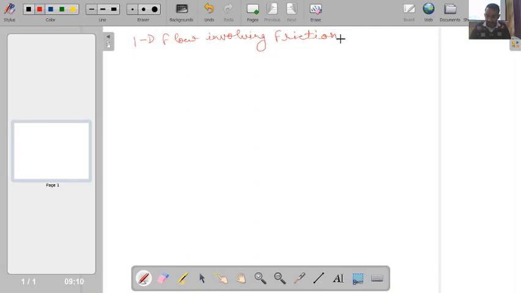So here we will be particularly talking about 1D flow involving friction, and this is also known as Fanno line flow. Like 1D flow with heat addition is known as Rayleigh flow, this situation where we have one dimensional flow involving friction is also called Fanno line